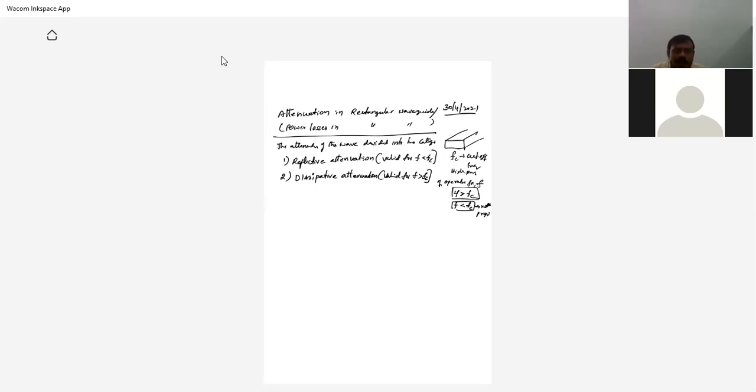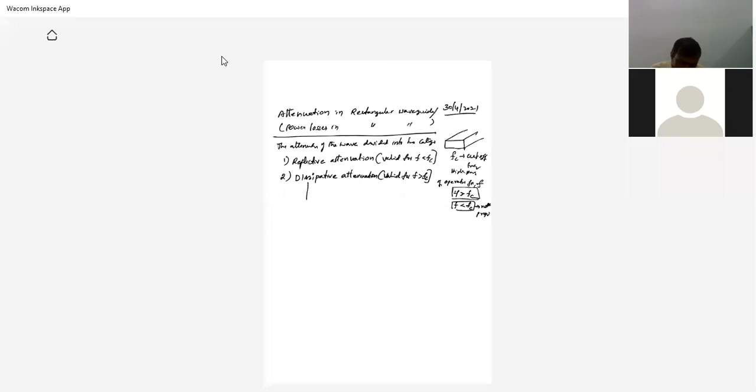The rectangular waveguide is made of copper. It's just like a hollow metallic tube. You have only two things here: the metal and the dielectric. Due to the dielectric, we have dielectric losses, and due to the metal, we have conductive losses. So dielectric loss and conductor loss.